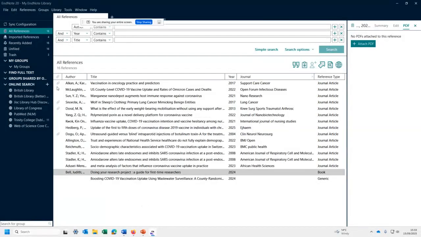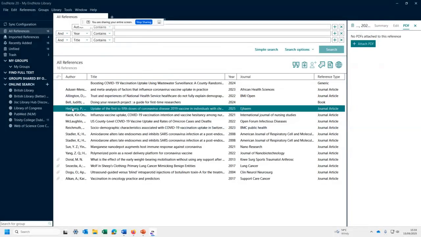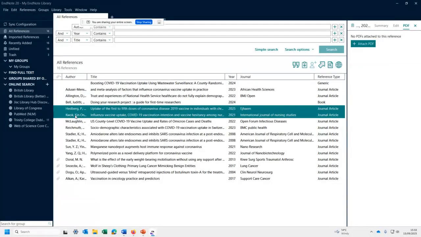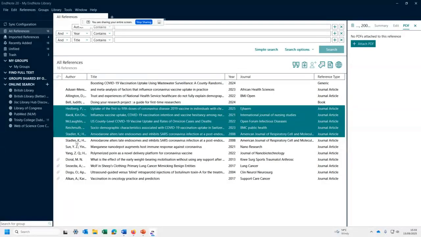Okay, so right, I'm going to sort by attachments here. As you can see, the ones that have file attachments. Another thing EndNote can do, in addition to sorting on all these display fields, is that you may want to attach. Now, I won't be able to attach the Bell one because that's a book. But if, say for instance, I take a couple of references here. If you need to select more than one reference, just keep the Control key pressed, or if you're using a Mac, keep the Command key pressed, and that will allow you to select more than one.